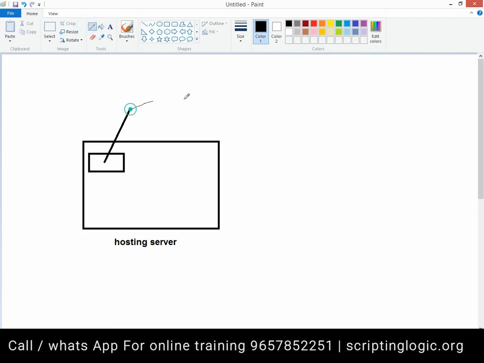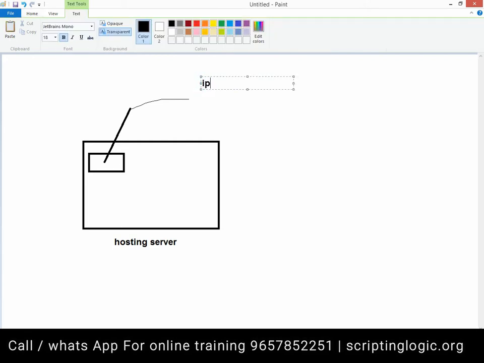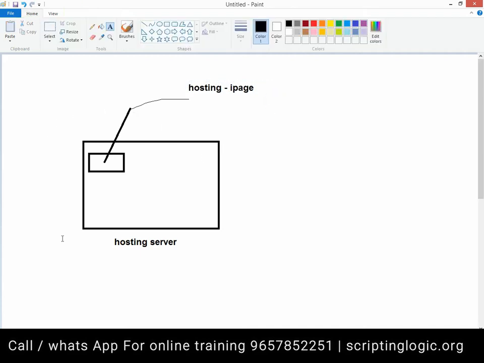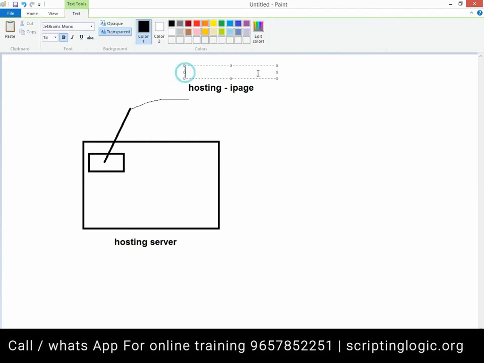For example, I have taken hosting from iPage, and I have several websites hosted here, right? The companies that provide the hosting servers generally give you some space. So I have shared hosting.